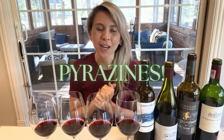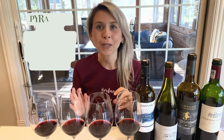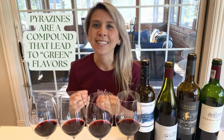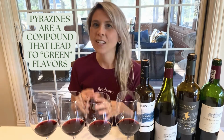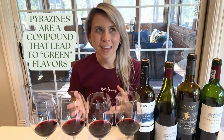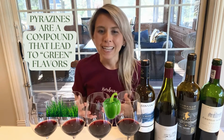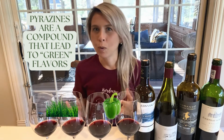Okay, crew, first up in our flavor compound series, we have Pyrazines. If you didn't know this, this is the compound that is found in the skins, the seeds, the stems of a grape, and it causes green aromas in the final wine. So green, think grassy, think vegetal like bell pepper or asparagus or spring pea, or think herbal or herbaceous,